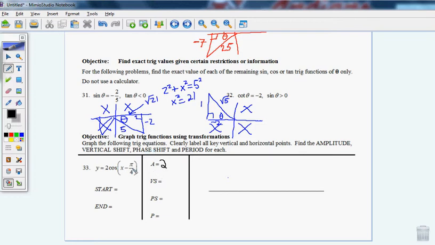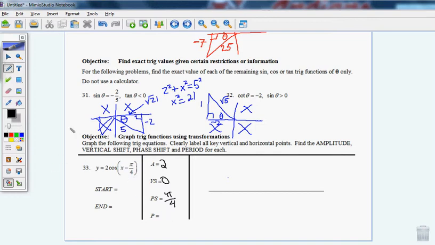Okay, so looking through this, we actually have a vertical shift of nothing here because there's nothing tacked on to the back. So I'm going to say 0. The phase shift is going to go to the right pi over 4. Just like we've done transformations in the past, this actually shifts the graph to the right when it says minus pi over 4. Okay, the period is always 2 pi,